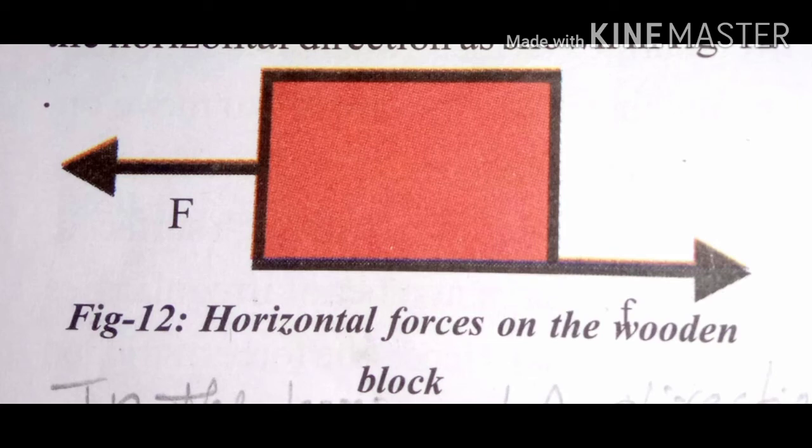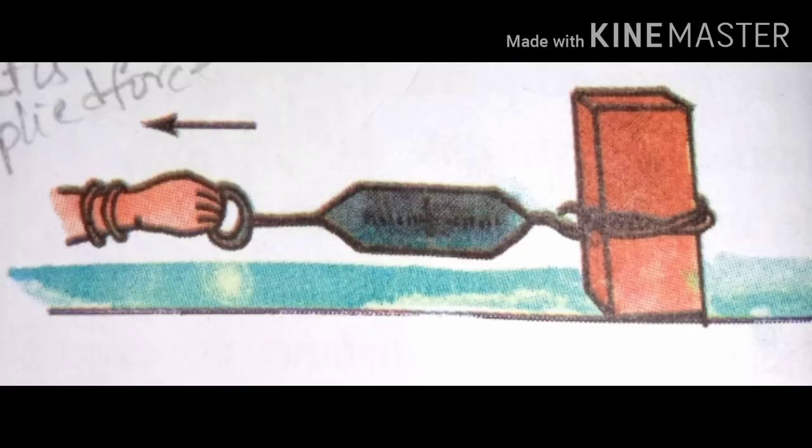Next, turn the wooden block upright as shown in the picture, so that the area of contact with the floor becomes smaller. In the upright position, the wooden block's surface area is very small. Repeat the same experiment and measure the frictional force using the spring balance. How does the frictional force vary with the change in area of contact? The frictional force appears to be the same in both cases, irrespective of the area of contact of the surface.